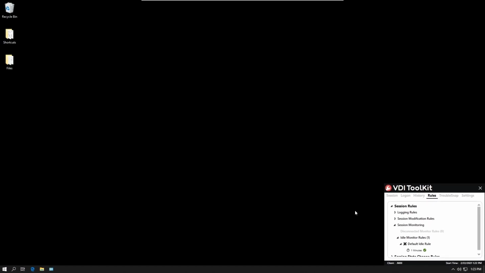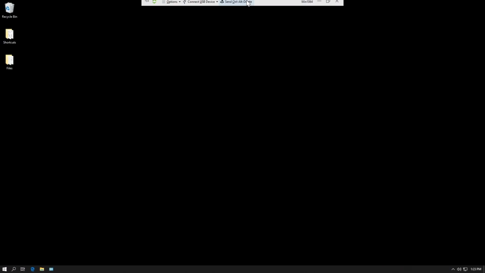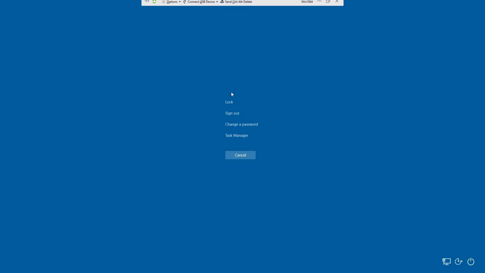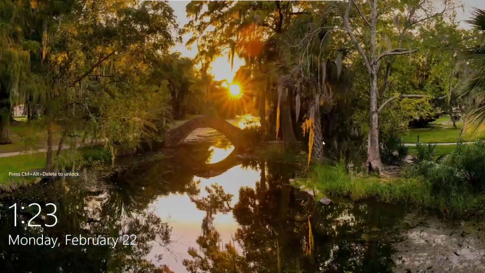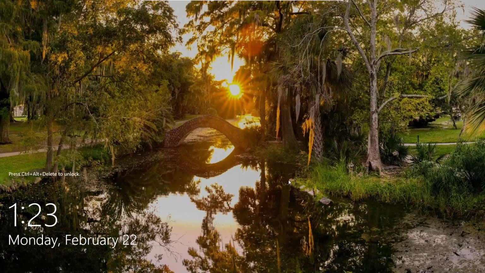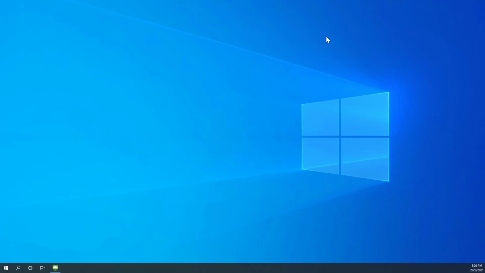Now to test this, I'm going to go ahead just to show that it works with the lock screen. I'm going to go ahead and lock the screen. So we'll go ahead and lock that. Now that that's locked, it should disconnect in 1 minute of being idle. So we'll go ahead and wait a minute, and I'll fast forward the video so you can actually see it disconnect the session. Okay, as we can see, it automatically disconnected the session after 1 minute of being idle, even with the screen